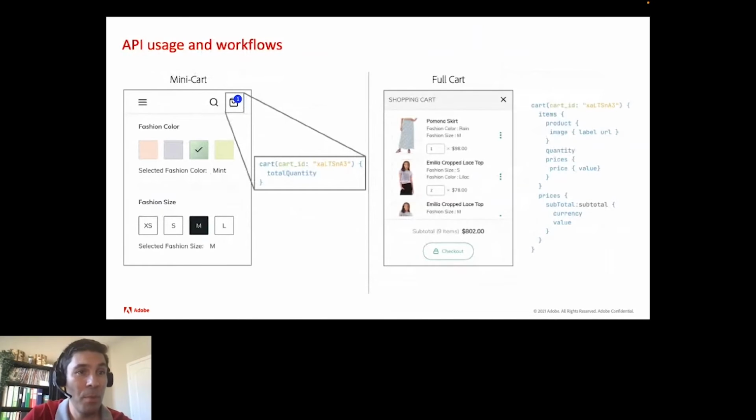Going to look at API usage, best practices, and workflows. Adobe Commerce uses GraphQL for its storefront APIs. We do this to enable Adobe Commerce to have a headless architecture. And yes, we do support it today. For convenience, we also provide out-of-the-box integration with our PWA Studio. As a developer, you can choose which area you're interested in.